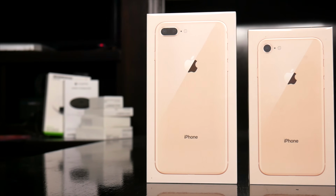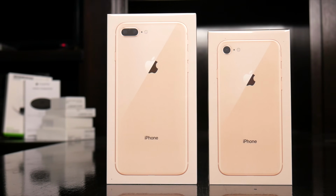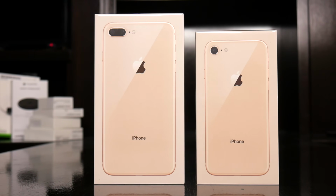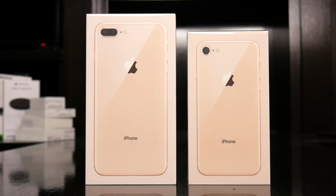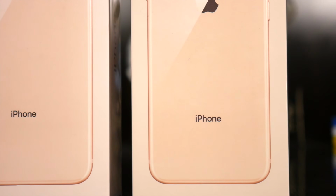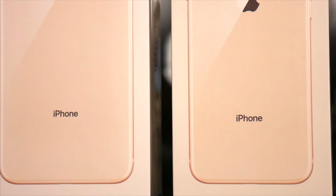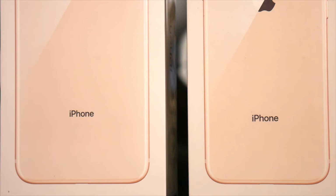It's time to check out the newest iPhones. And I guess you could call this iPhone launch part 1, since what most people are waiting for is the iPhone X, hopefully launching towards the end of October. But for the next month or two, and for a lot of people who might be looking to get a new device sooner rather than later, the iPhone 8 and iPhone 8 Plus I have here are the newest flagship